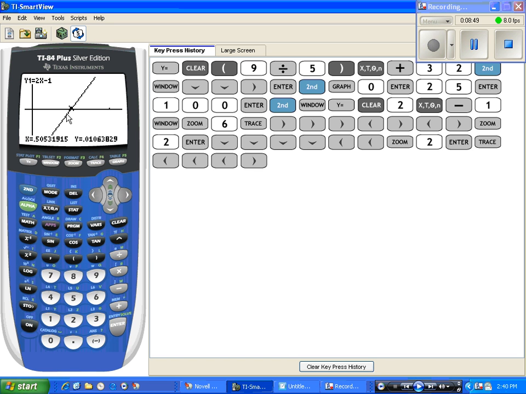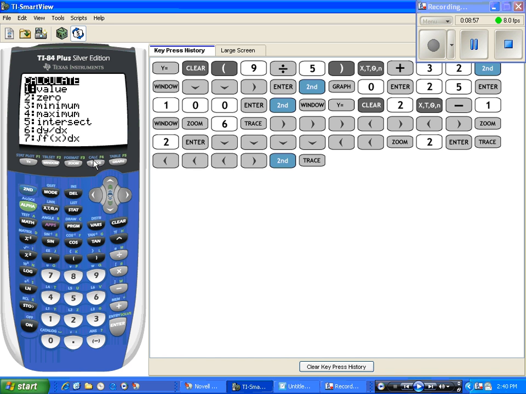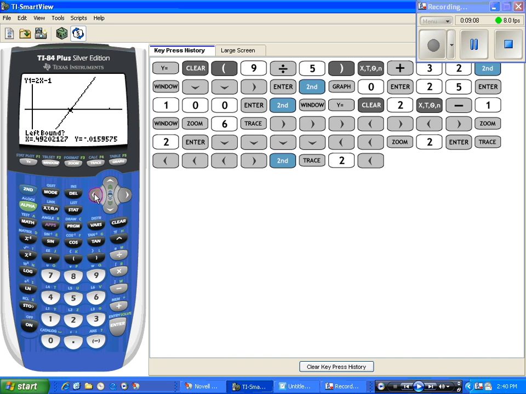Another way to find this is to use a 0 function in our calculate menu. So calculate is up here at second trace, and option 2 is 0. And this helps us find an x-intercept. A 0 is another name for an x-intercept. And what I need to do is tell the calculator a value for x that is left of the actual x-intercept, which I can do by tracing,